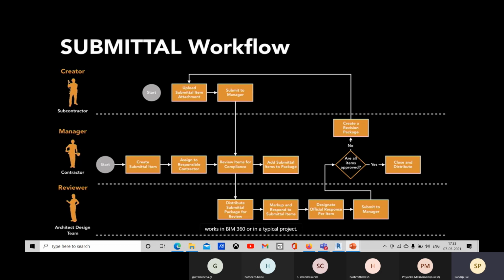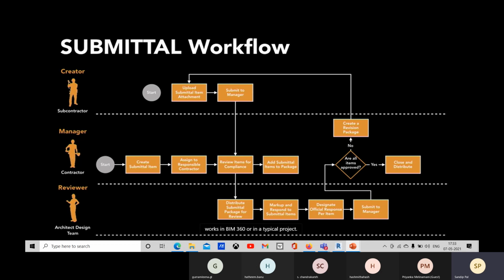So when you need some component information for what is going on in the site, suppose you are installing any precast slab, and for that you need some information from the designers, for that you will create submittals. So BIM 360 has this tool for creating one container.